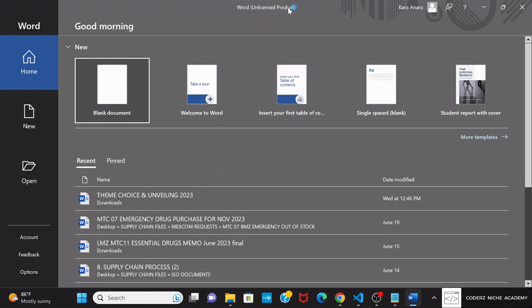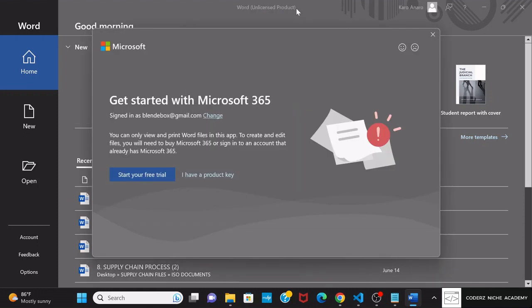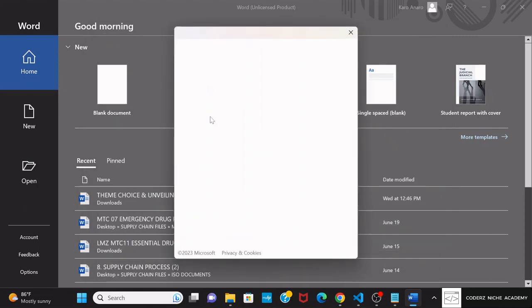Now you can see up here it is saying unlicensed product, and it's saying get started with Microsoft 365. Now this is the email address that is here, because this system already has Microsoft 365 on it, but it actually comes with the trial version, and we want to now change this to be using our Microsoft 365 developer account platform. So simply click on change the email here,